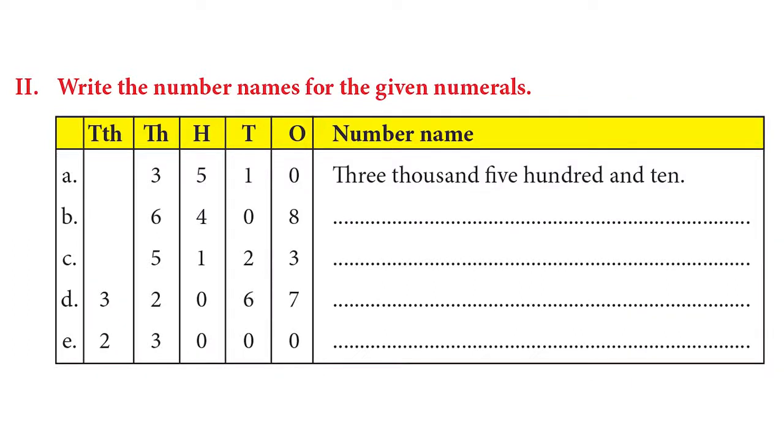Moving on to page number 60. Write the number names for the given numerals. Let's take a look at 1 or 2 examples and then you can continue. The first one is given. So, let's look at the 10,000 one, D. There is 3 in the 10,000, 2 in the 1,000, 0 in the hundreds, 6 in the tens and 7 in the ones. So, we get the answer because it is 5 digit, remember,